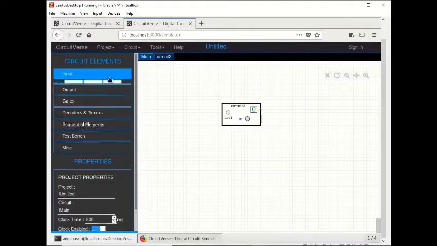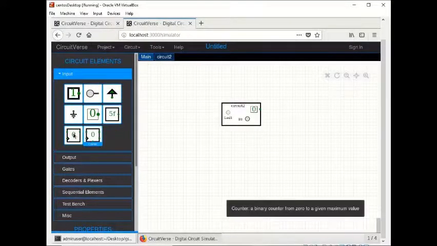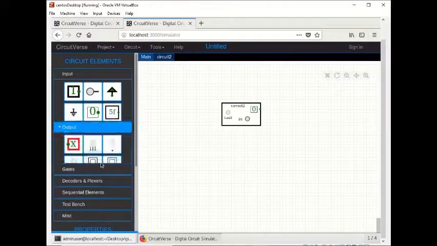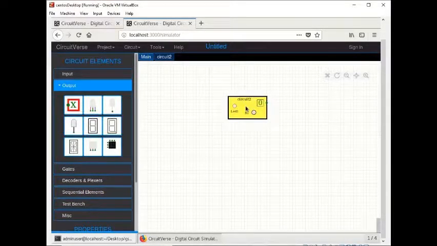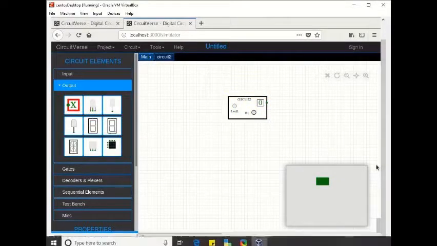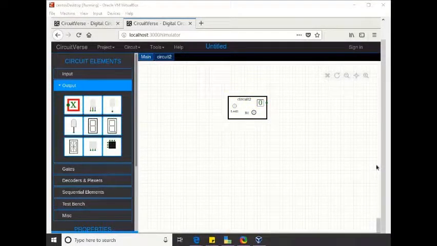A user can have a counter or a random number, a button, any kind of LED display or any kind of segment display, he can have it. So whenever this segment display changes inside the circuit, it changes on the outside also. And that's almost it for these changes